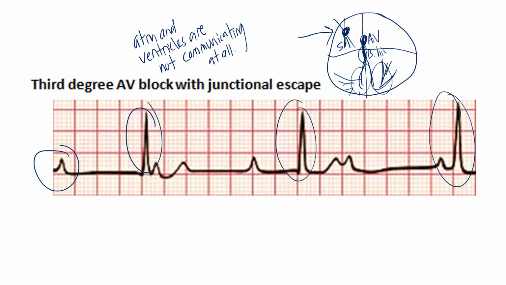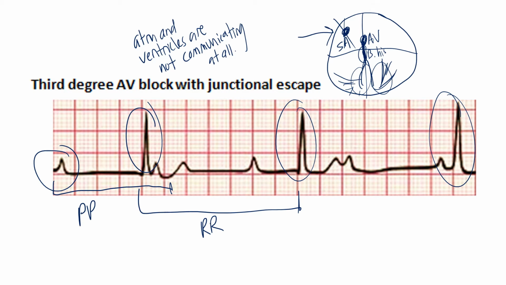And as far as the distance from QRS to QRS, that is called the RR interval. And remember earlier I told you the distance from one P wave to the next P wave is the PP interval. When you look at a third degree AV block, the PP intervals will be the same for every single segment. But why it sometimes doesn't look like it's the same is because if the atria is beating independently, then sometimes whatever rhythm the atria is beating by itself, sometimes they will be within the